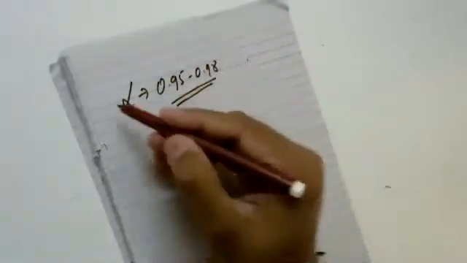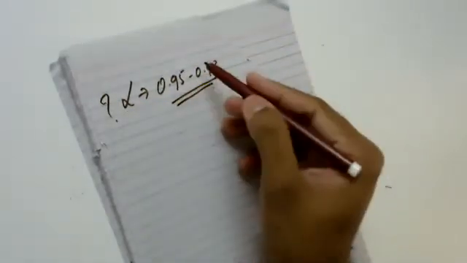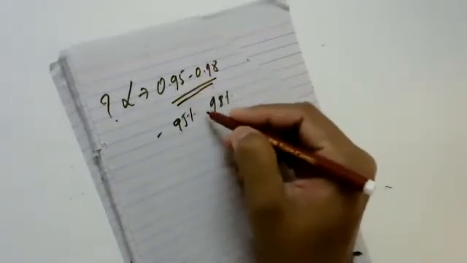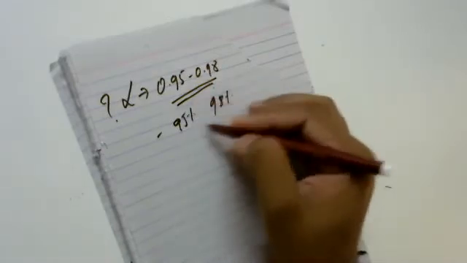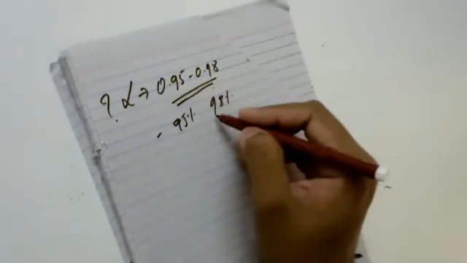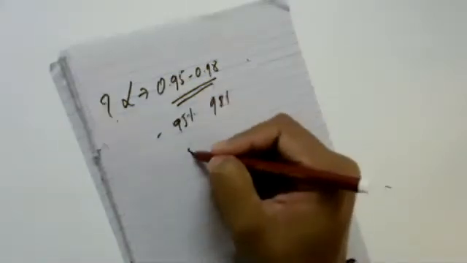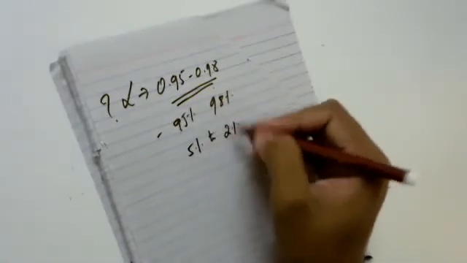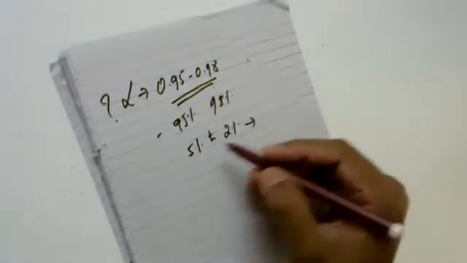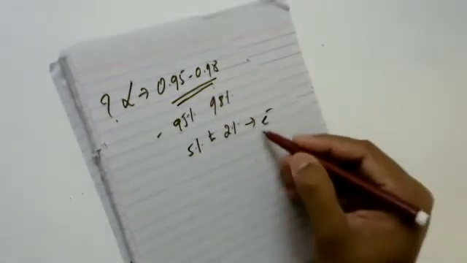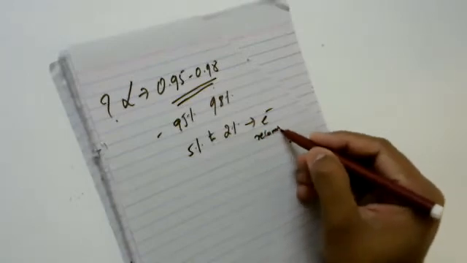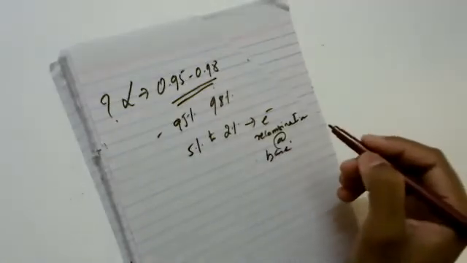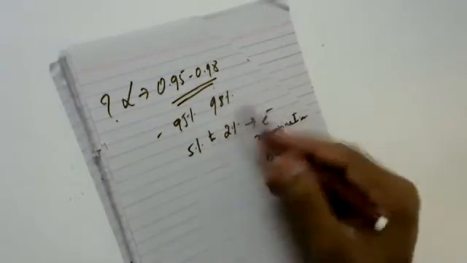If you want to understand the meaning of this range, I simply mean to say that 95% to 98% of electrons are seen from your emitter to collector. It simply means only 5% to 2% of electrons are involved in recombination at the base. Okay, so I can simply approximate this.